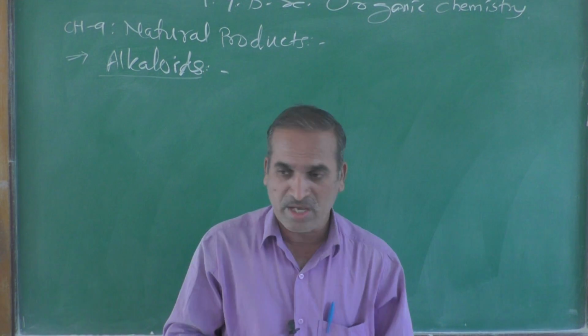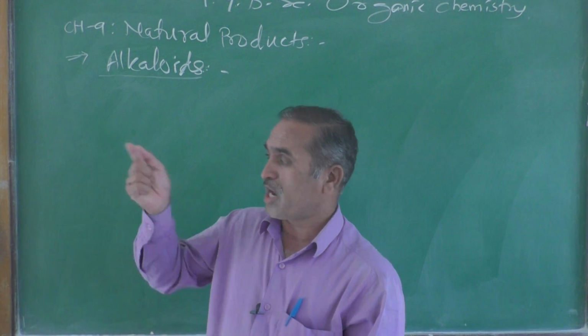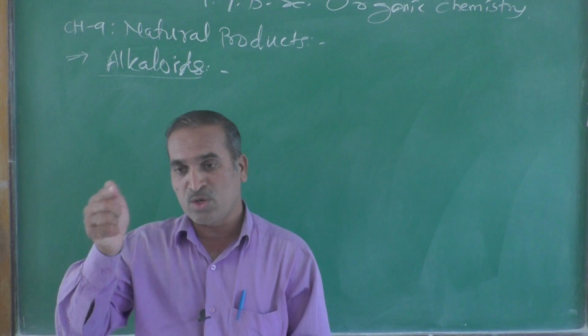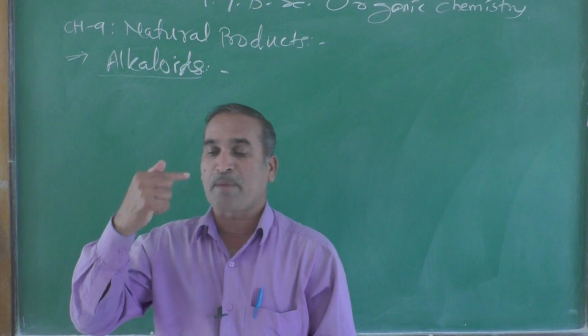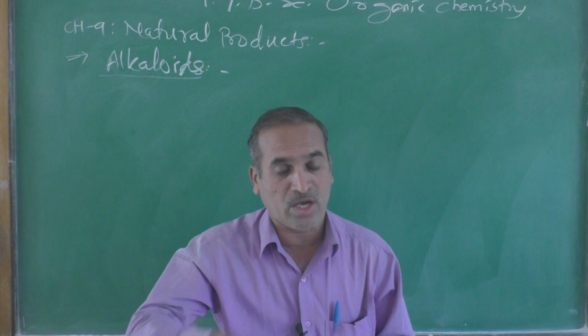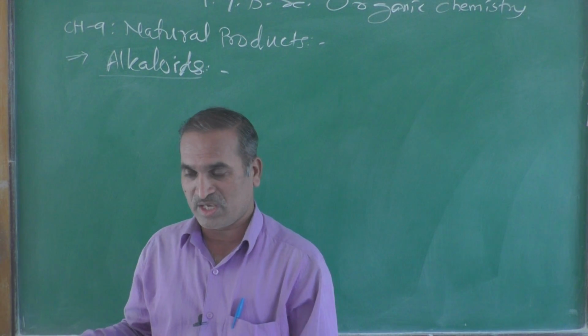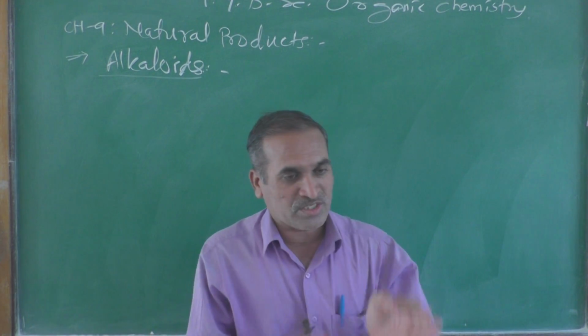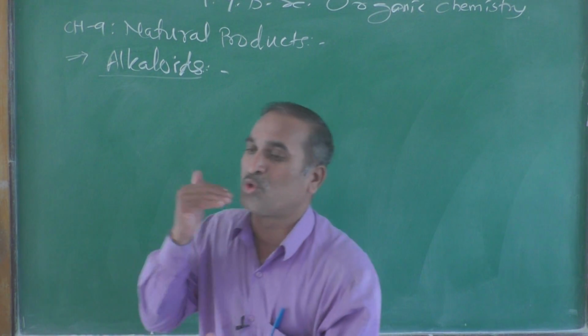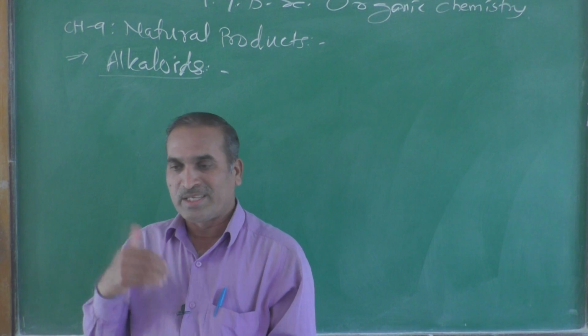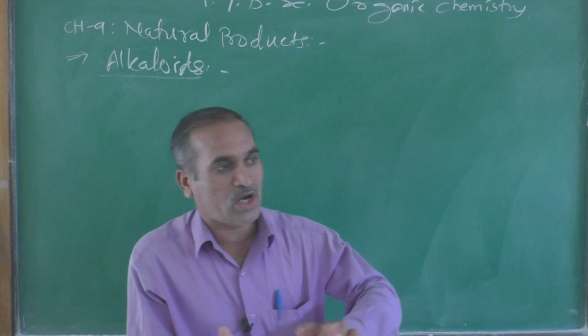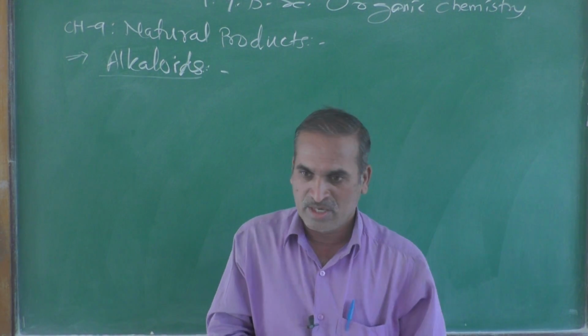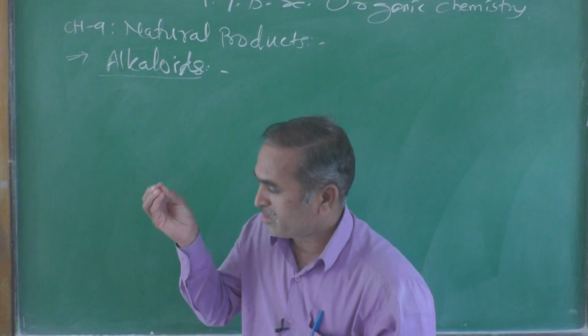Why basic in nature? Because the nitrogen atom contains a lone pair which is capable of donating, according to Lewis base theory. A base is a substance which can donate a lone pair of electrons, and therefore